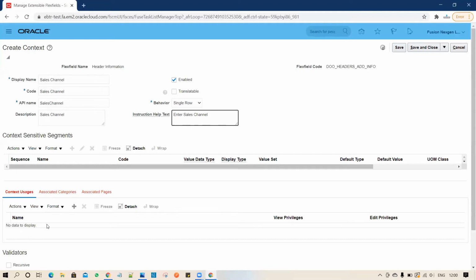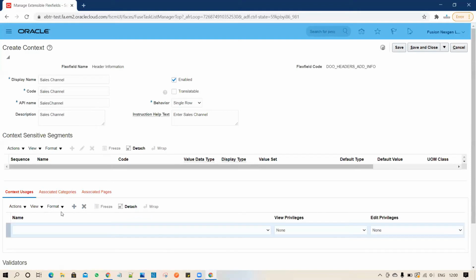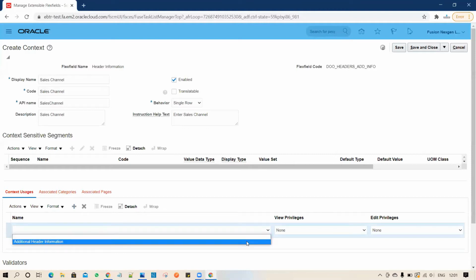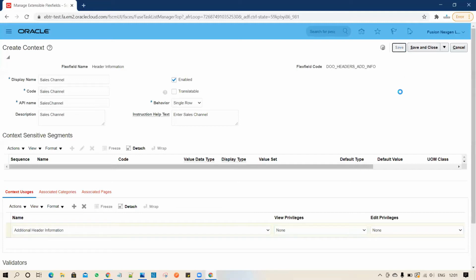Once you're done, then you have to add the context usage. It's mandatory. Without adding the context usage, you cannot save it, and then you cannot create the segments. So you have to select from the drop down Additional Header Information, and then you have to click on save.